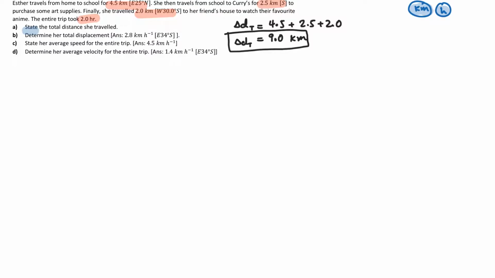Then for the second part, we are to determine her total displacement. So this was a determine type question, so you need to show all of your work for it, and this one requires a good chunk of work, so let's go over it. We're going to start off by drawing out the situation, so that's step 1. In step 1, I'm going to divide this into 3 sections, so that's from 1 to 2, 2 to 3, and 3 to 4, and we're going to assume that 1 is home, 2 is school, 3 is Curry's, and 4 is